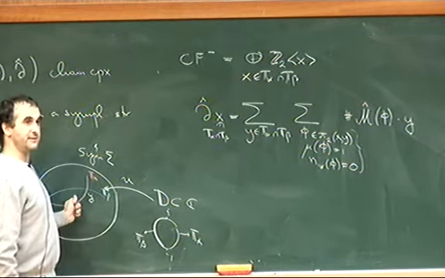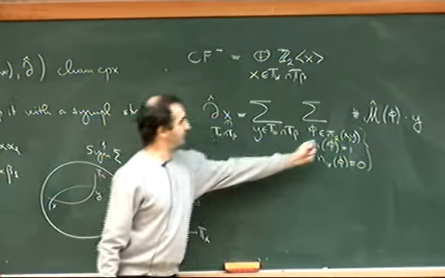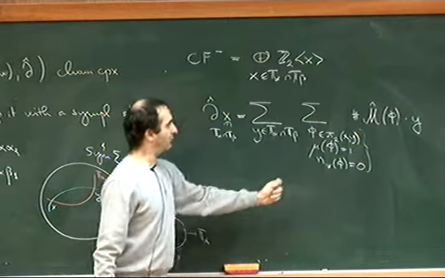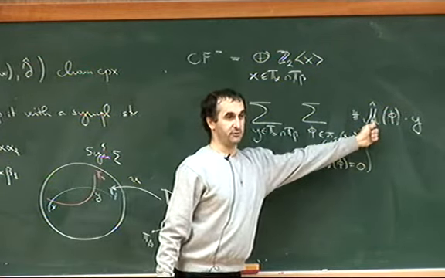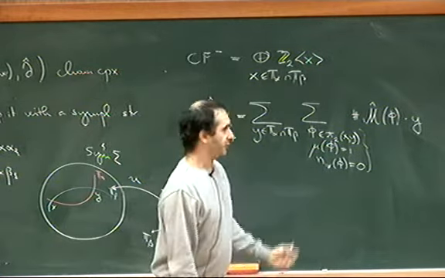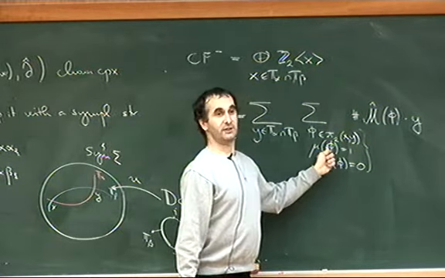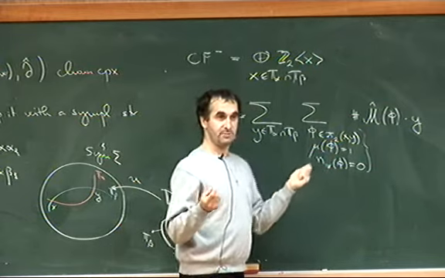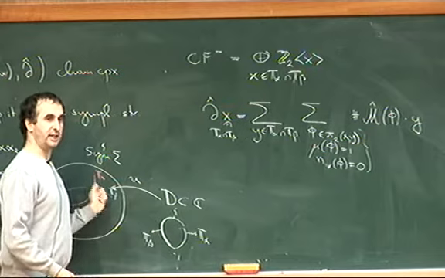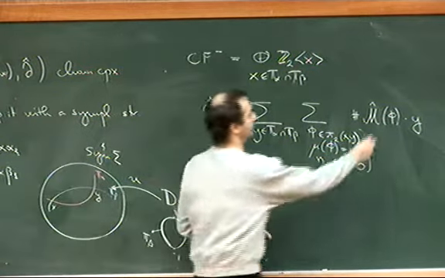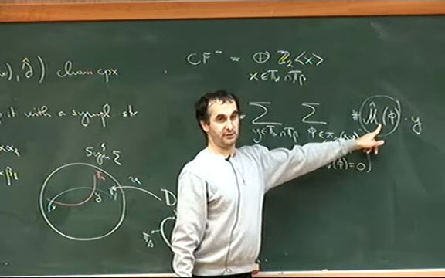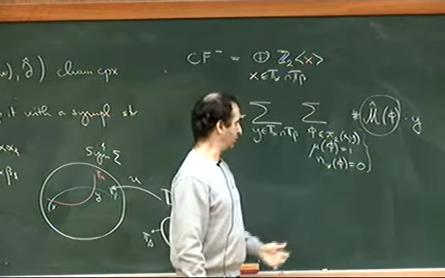The homotopy classes of such maps is denoted by pi 2 of x, y, so we just fix a homotopy type. We count how many holomorphic maps we have. Typically, of course, there are infinitely many. We just take those where the Maslov index is 1, so it's a one-dimensional space. There is a free R action on that, a reparametrization, so we factor it out. So this will be a zero-dimensional manifold, and we take the number of points, mod 2, and